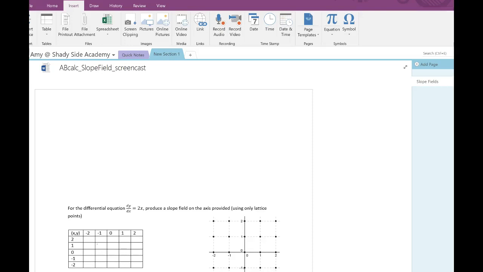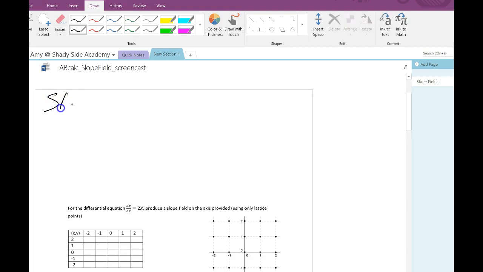Alright guys, so today we're doing slope fields. Okay, slope fields. They're essentially what we use when we need to see what a function looks like when we're given a differential equation. They're just tools